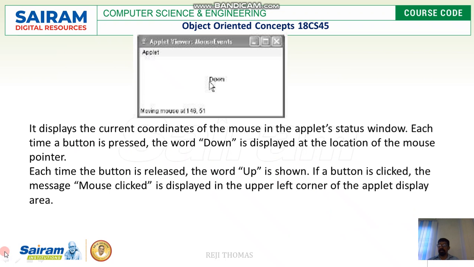So this is the sample output. If the mouse is pressed, you will have a message on the screen, mouse pressed. To be brief, this program displays the current coordinates of the mouse in the applet status window. So this is the applet status window, which is going to give you the status of